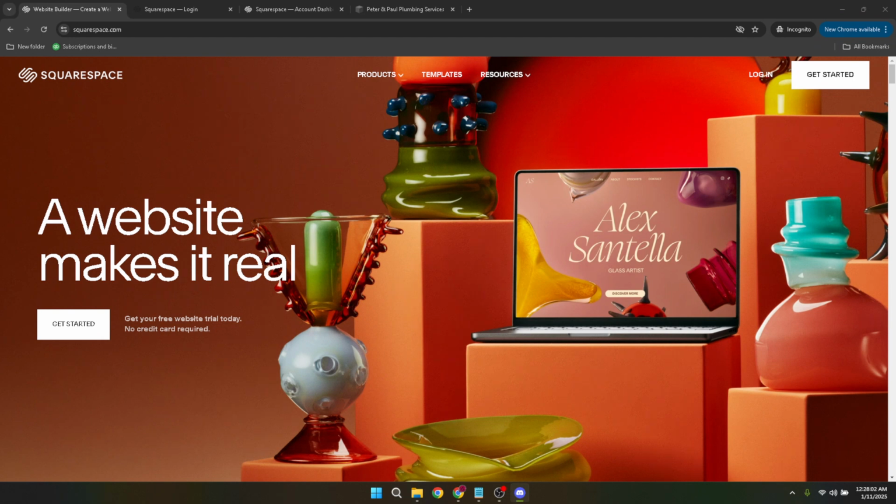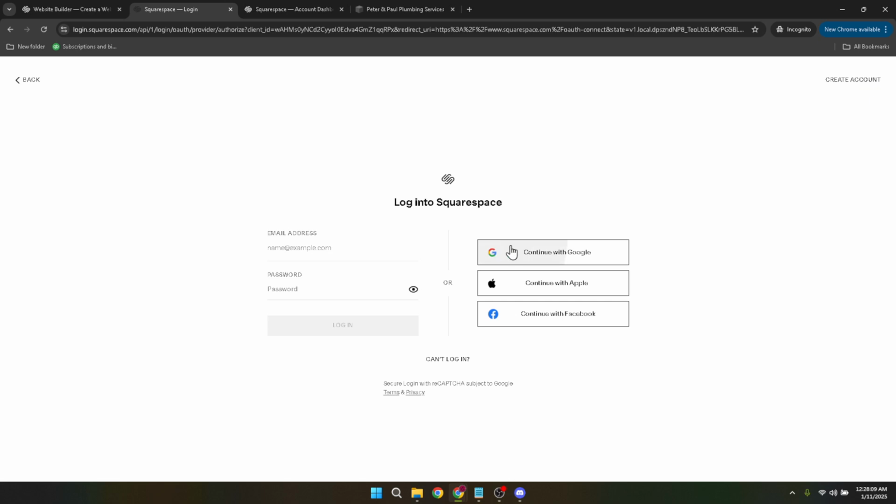First things first, you'll need to log into your Squarespace account. Head over to the login page and enter your credentials. Once there, you'll be prompted to choose your method of logging in. For convenience, we're going to select Continue with Google. This option streamlines the login process, especially if your Google account is already synced with Squarespace. Click on it and you should see a list of accounts appear. Choose the account associated with your website.